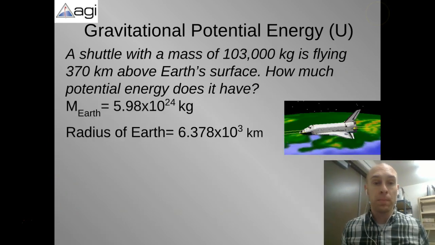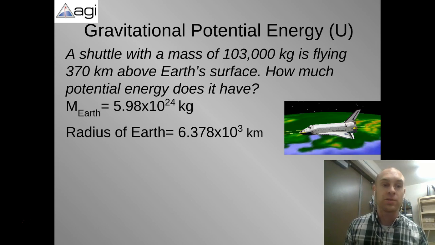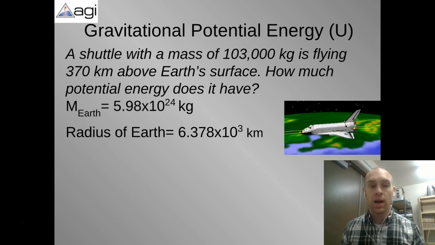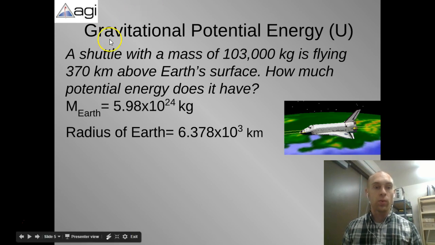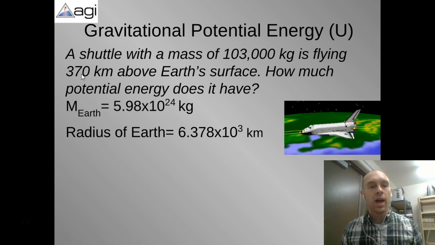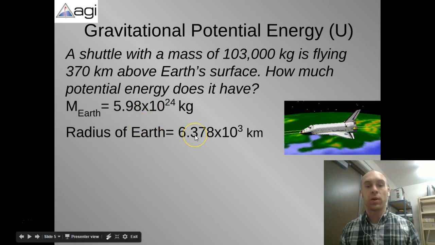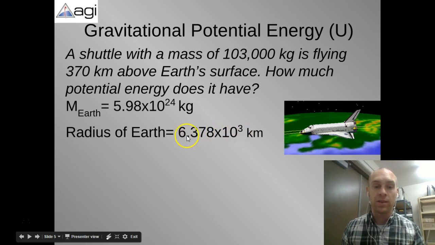So let's take a look at a problem for gravitational potential energy. A shuttle with a mass of 103,000 kilograms is flying 370 kilometers above Earth's surface. And roughly 100 kilometers is kind of the barrier for what we would call space, although it's very fluid. How much potential energy does it have? We're also given the mass of the Earth. We need to know that. And the radius of the Earth is 6.378 times 10 to the third, or you could also identify this as